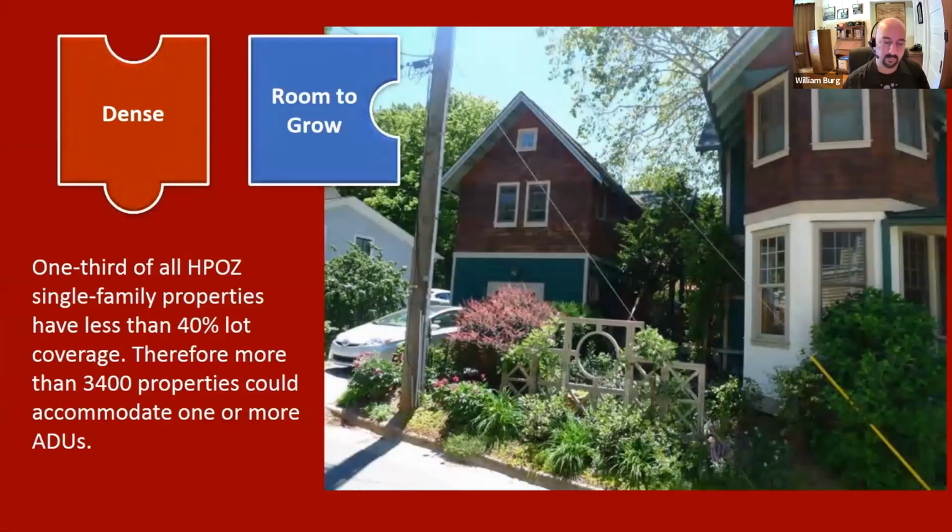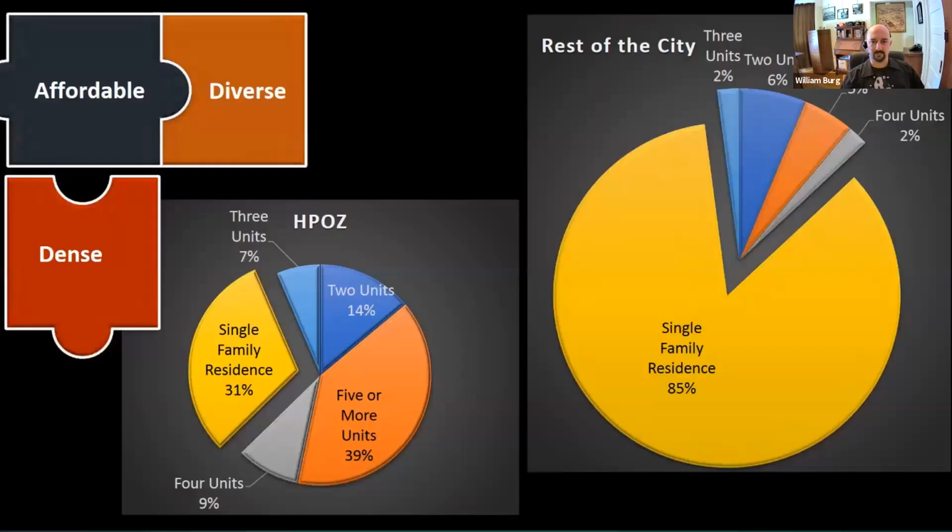And they also have room to grow, where one of the things that's become really popular is alley units. Accessory dwelling units. New state legislation requires that this is allowed everywhere, and Sacramento has passed rules to allow it. And because a lot of the single family properties in LA's historic districts have less than 40% lot coverage, this is, again, if you have an FAR of 1, you've got a 2-story building that covers half the lot, you've got room in the back to build an ADU and add more housing. So historic districts in LA are affordable, diverse, and dense.